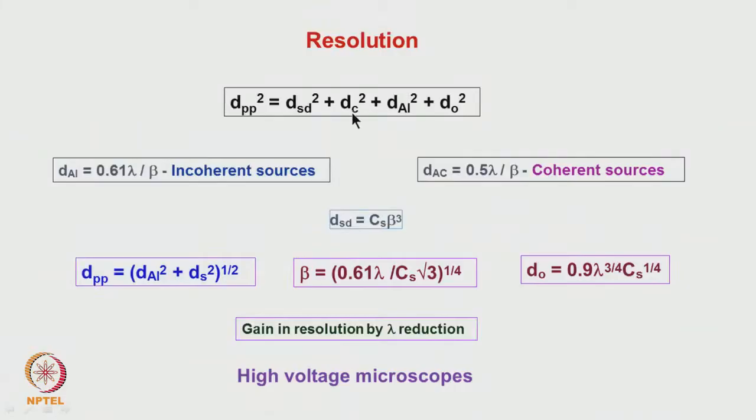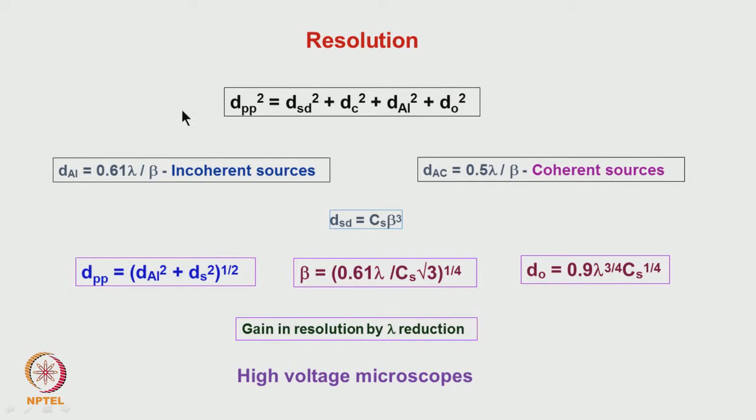So, we know that as far as the lens is concerned, this is essentially the spherical aberration. Assuming that the beam is monochromatic, then this term can be assumed to be 0. We assume that the source is a point source, then this term also can be taken to be 0. Then these are the two terms which are going to affect the resolution. And these are the formulas which have been derived earlier for the Rayleigh criterion for the point source.